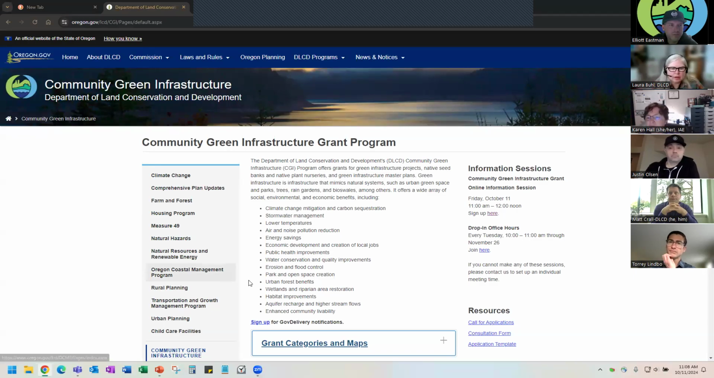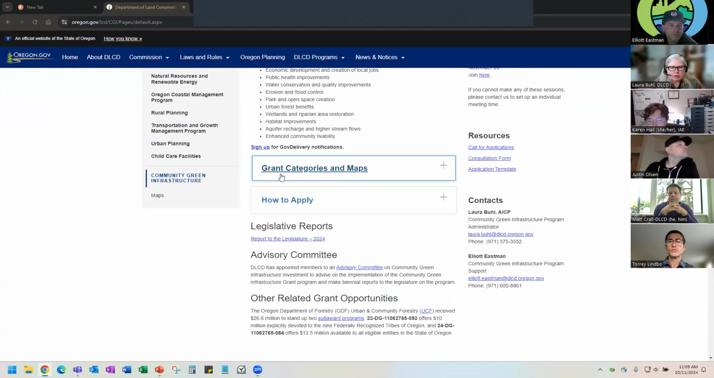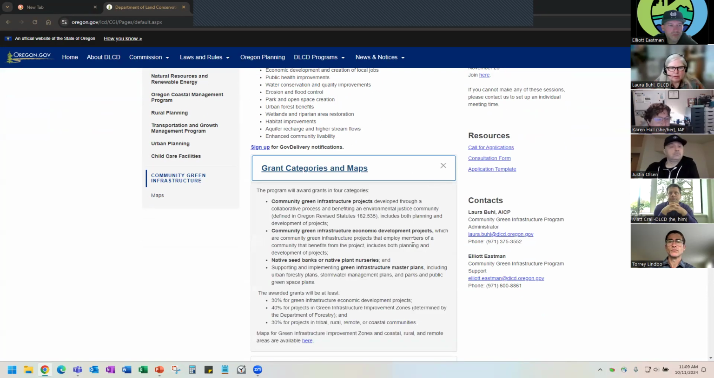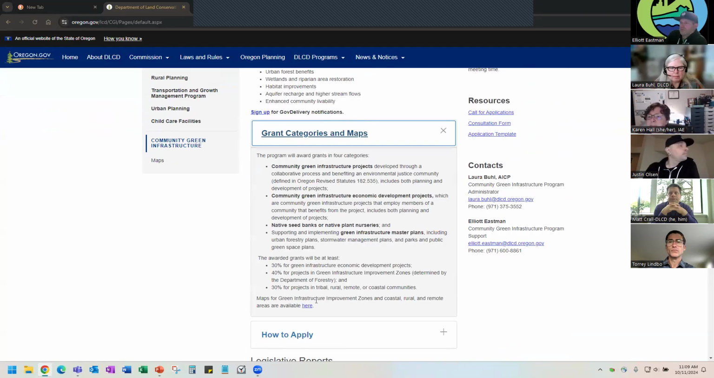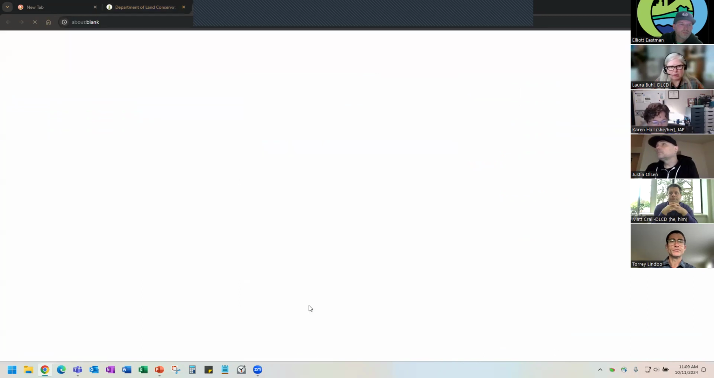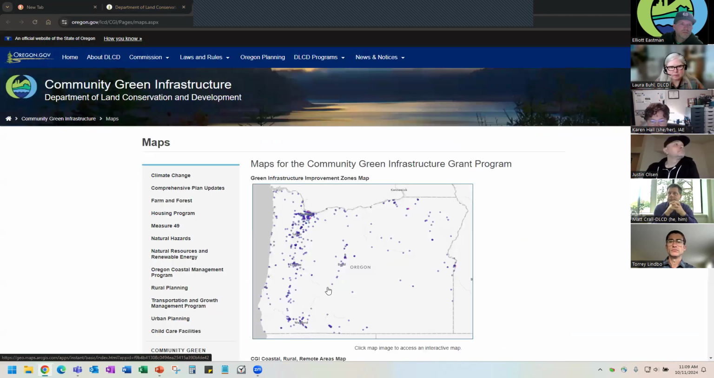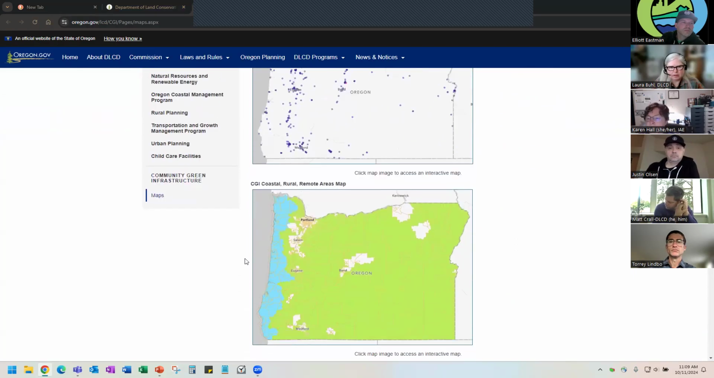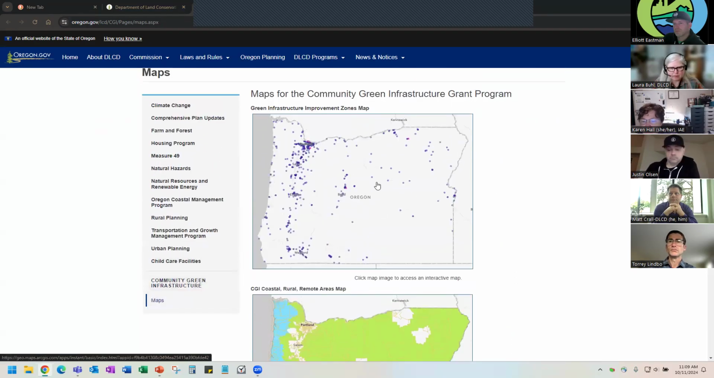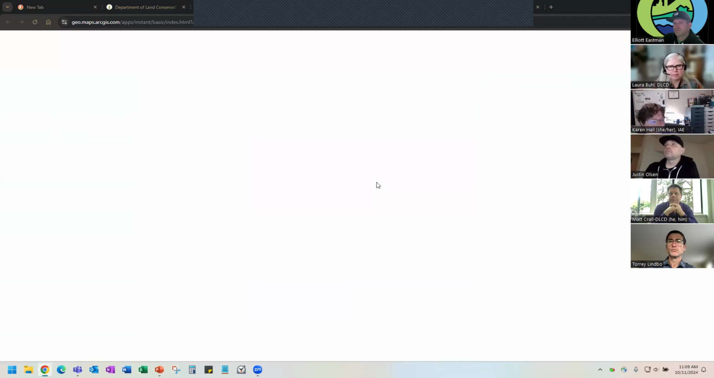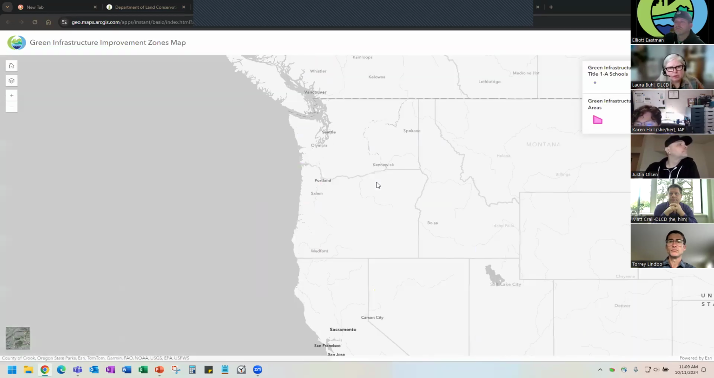So this is our website. In grant categories and maps, there's a little drop down, and the maps for the green infrastructure improvement zones and the coastal, rural, and remote areas are on this page. And if you click on the image, this map is not terribly detailed. This is the rural and remote areas in green and the coastal areas in blue. This is the map where you really need more detail. And the green infrastructure improvement zones